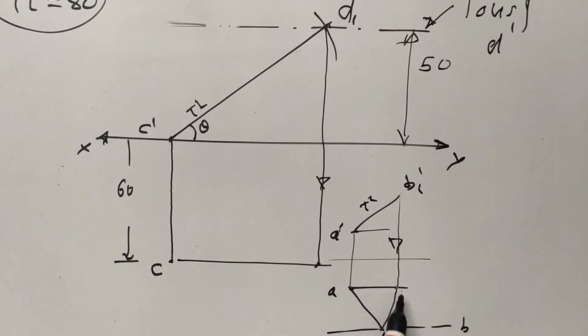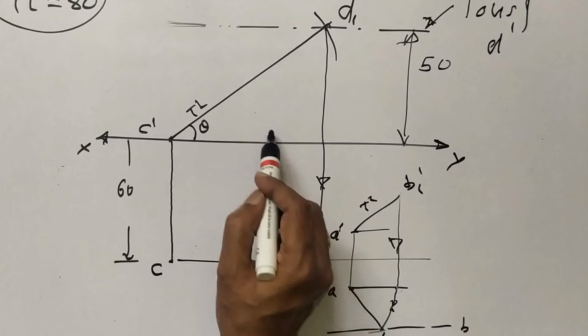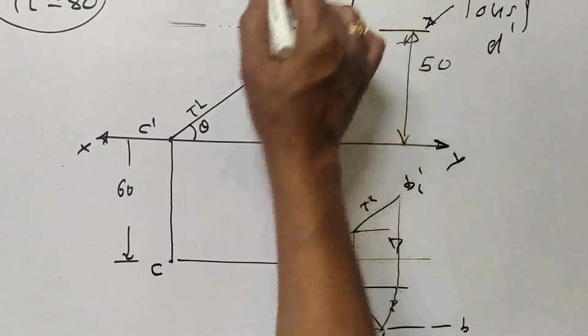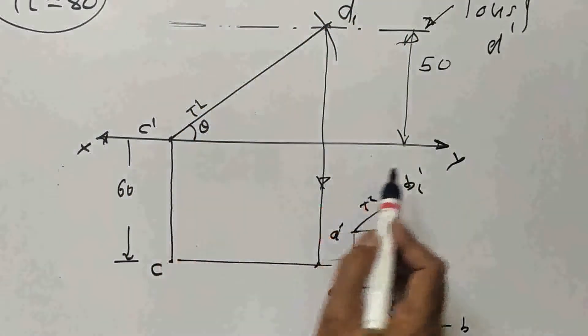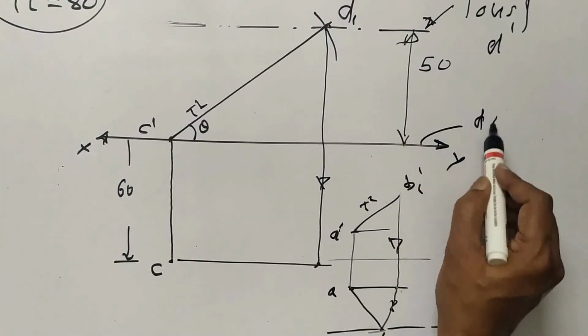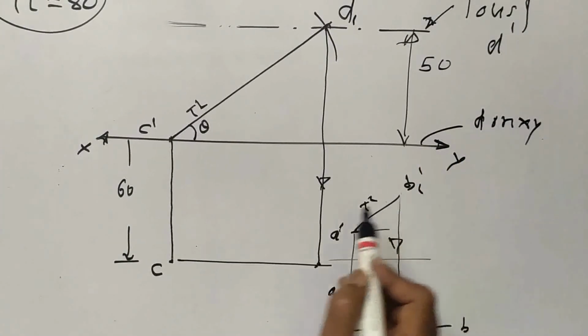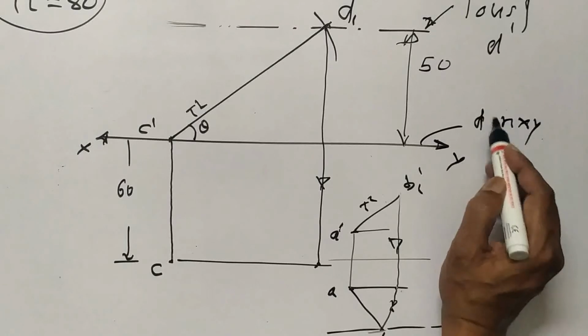And then I have to rotate this point, D point, on the locus of D. So what is the locus of D? Locus of D is on XY. So D is on XY. As D is on XY,